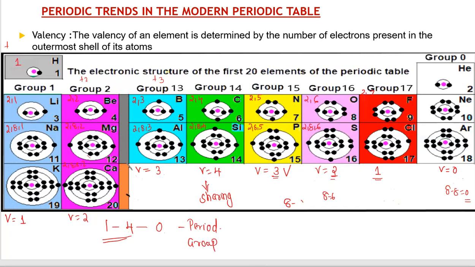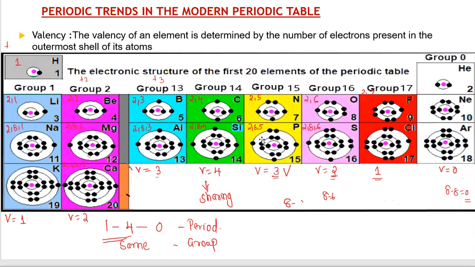Here, see, valency means the number of electrons in the outermost shell. They all have the same valency. 1, 1, 1, 1. Group 2, valency is 2. Group 3, all the elements, valency is 3. Here, 14. Number of electrons in the outermost shell, 4. So valency is 4. Next, here the number of electrons is 5. How to find out, greater than 4? Then 8 minus 5 is 3. All the elements, valency is 3. Here, in this group, all the elements have valency 2. That means in a group, valency remains the same. All the elements in the same group have the same valence electrons or valency.